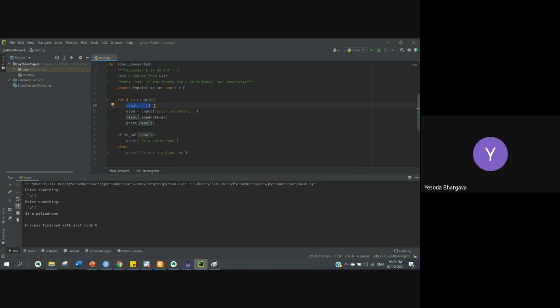Okay. So Parth and Garvit in the chat have also mentioned that it should be initialized outside the loop. So let us try to move it outside of the loop. Now we try to run again. I entered input A and input B. So at least one of the things is resolved now. Our input is coming correctly, but it still shows that it's a palindrome.